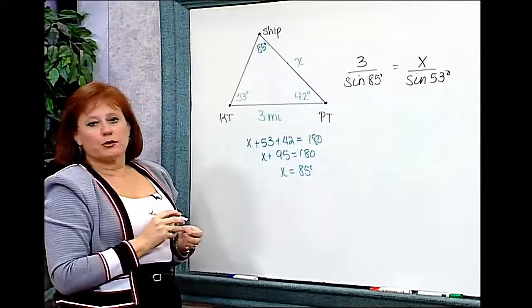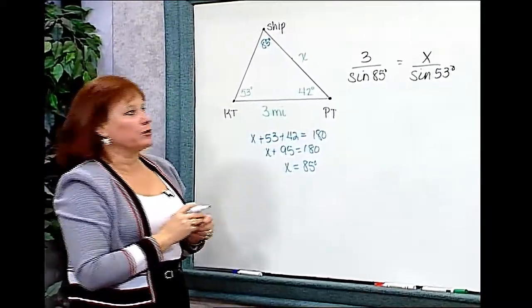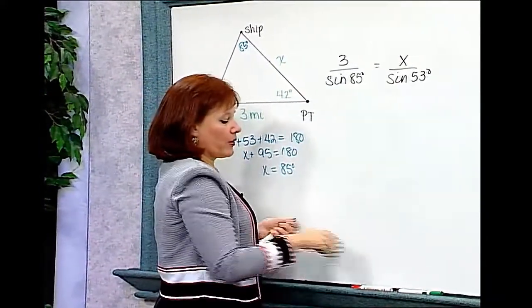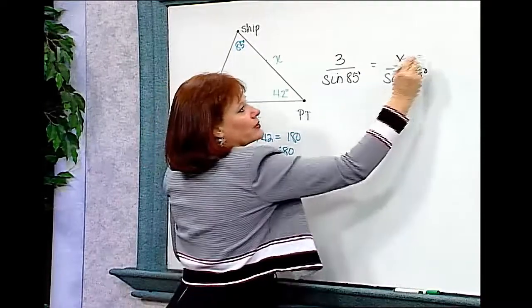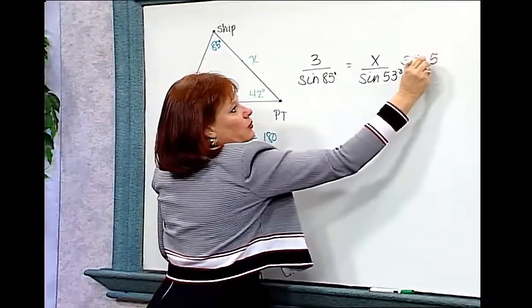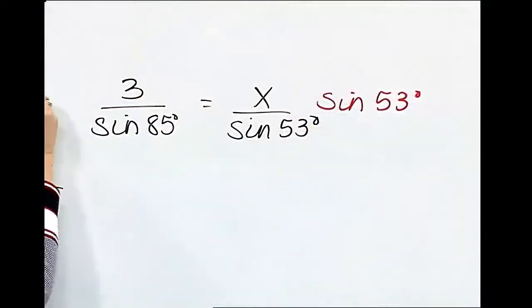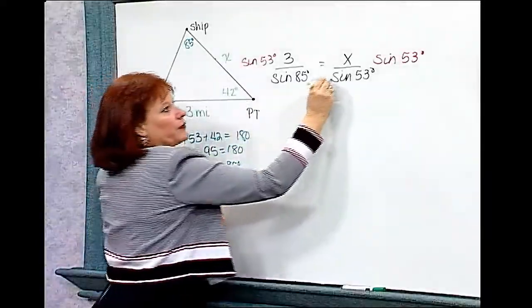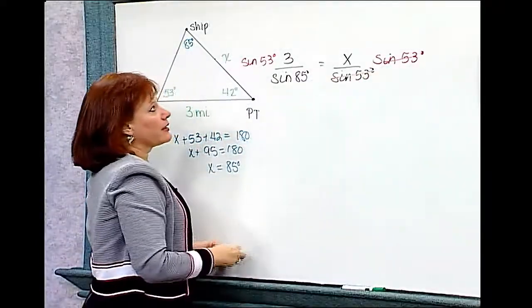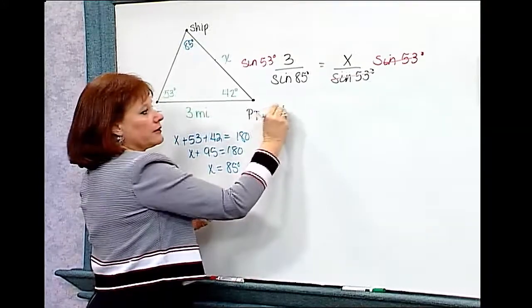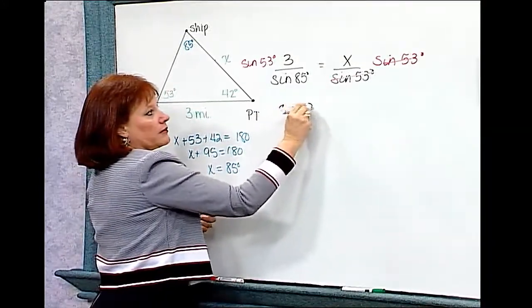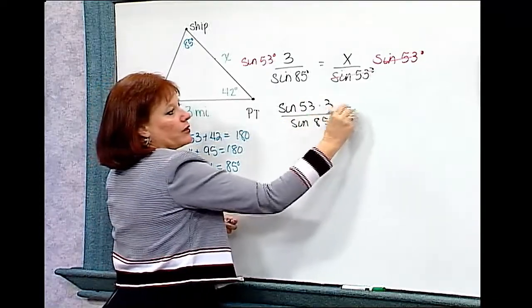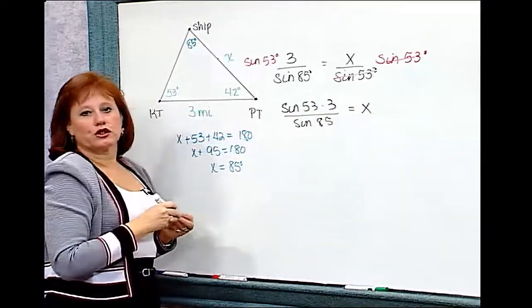When I'm solving this proportion, I know that I just have to cross multiply. I'm going to get rid of this number that x is divided by, and I'm going to multiply sine of 53 on both sides of the equation. So I'll multiply sine of 53 degrees here and the sine of 53 degrees on the left as well. These will cancel, and it tells me that sine 53 times 3 over the sine of 85 will give me the length of the distance between the ship and Peter's